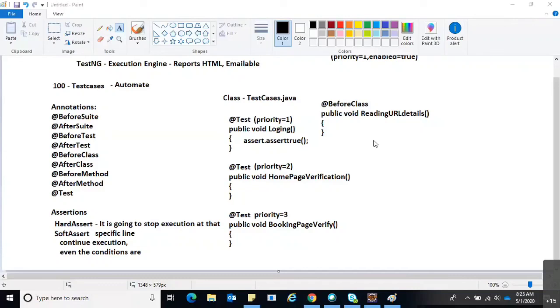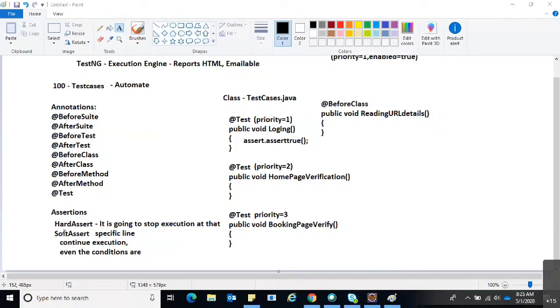Ravi, in a script, suppose we use an assertion. By seeing the code, how can we know whether it's a hard assert or a soft assert? For TestNG, if it is a hard assert, we can directly call Assert. If it is a soft assert, SoftAssert is a class, so we create an object for this SoftAssert and then call it.